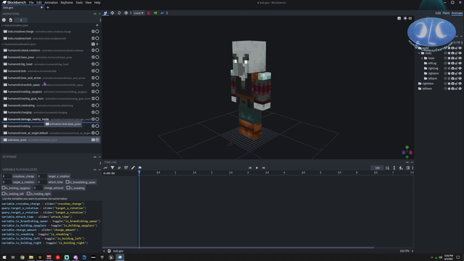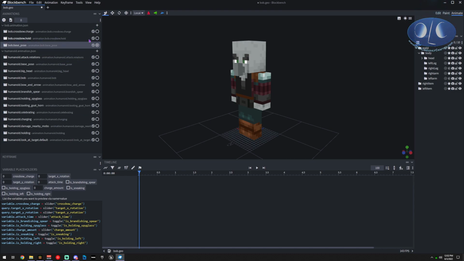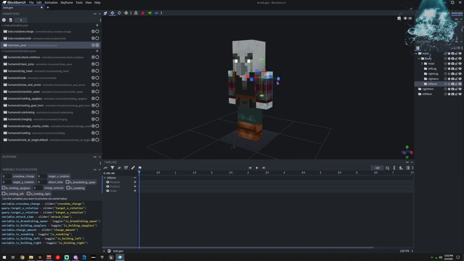And that's probably fine, Bob base pose. And then I just click and drag it up here and save. And so now this base pose is up here. And we're going to have to do more with this in the software to set it, but now I at least have the base stuff.